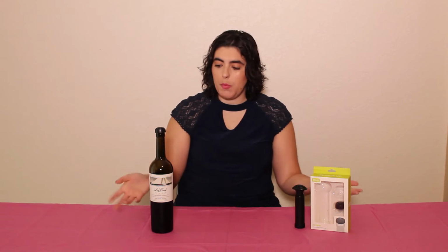So now we have some information on the wine cooler. Let's go ahead and move on to your open wines. I have something that's really cool here: a suctioned wine stopper. If you don't want to use the cork for your regular wines, you can use something like this. So if you listen in,